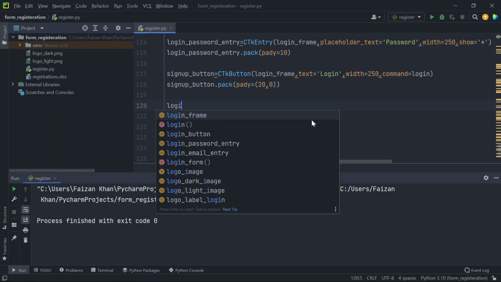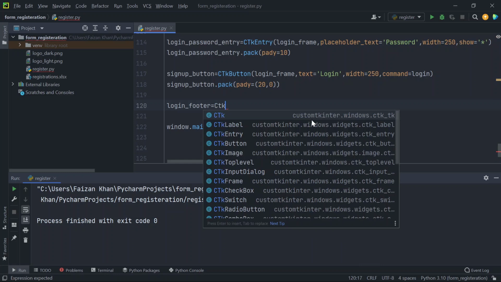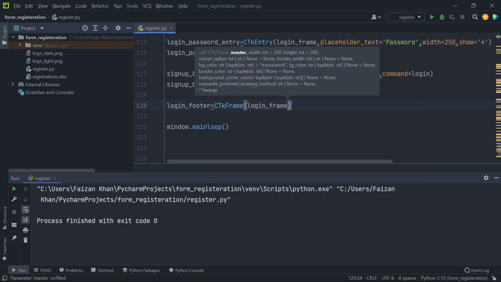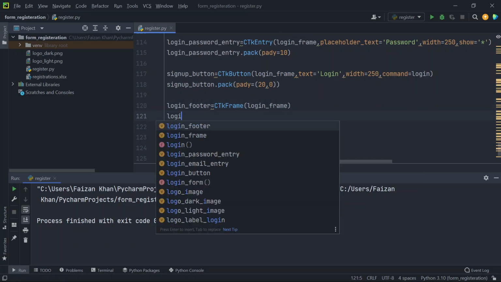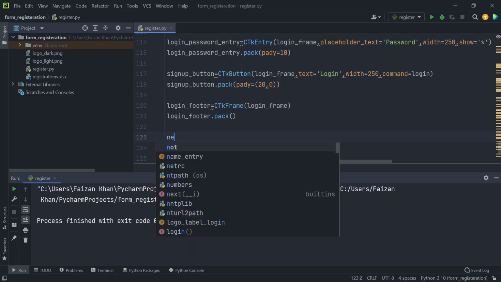So I'll firstly create a frame here which will be login footer, and this will be created using the Frame class, right? This will be inside my login frame, and then I'll just pack it, login footer dot pack. Now inside this login footer I will be adding the label and the sign up button, right? So a new user